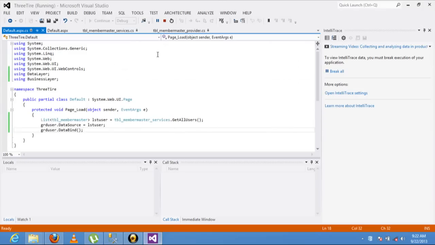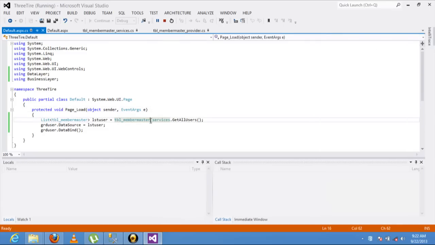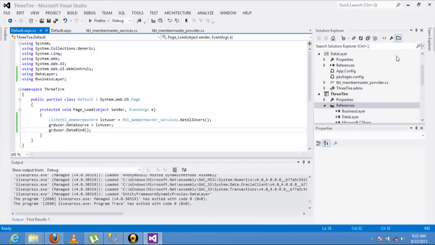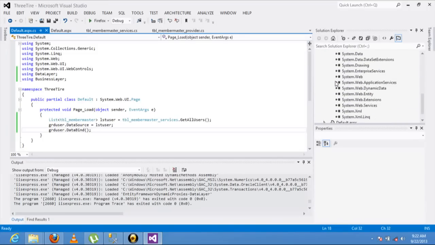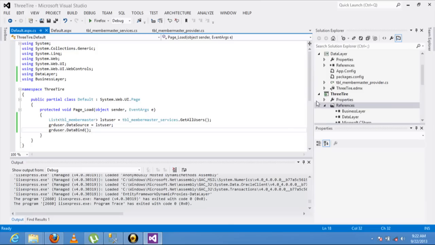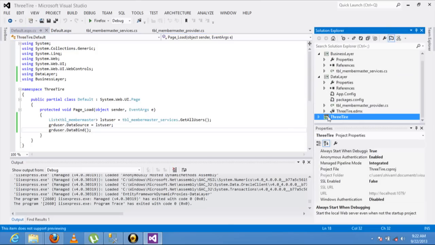So the overall thing is that I haven't written any logic in our .cs file. That .cs file will call our business layer, and our business layer calls the data layer indirectly. So it reduces the coupling in our code by calling classes indirectly, and I haven't written any logic in the .cs file, so it is working as a view. So this gives a glimpse of the overall layers. One is the data layer, another is the business layer, and the 3-tier project will work as a view.